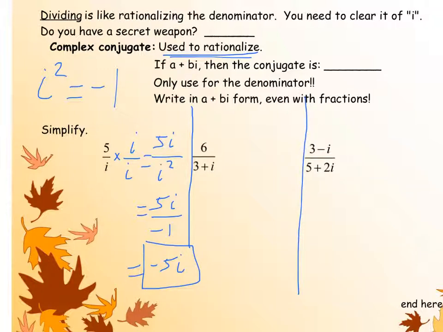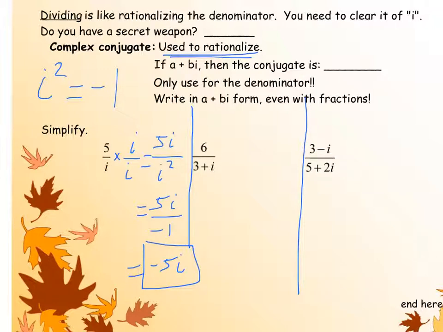Okay, next up, this next example looks a little bit different, because there's not just an i on the bottom of the fraction. There's a real number, 3, plus i. We have a complex denominator because it's got the real component and the imaginary component. I'm going to head up top here for a minute and go back to these fill in the blanks